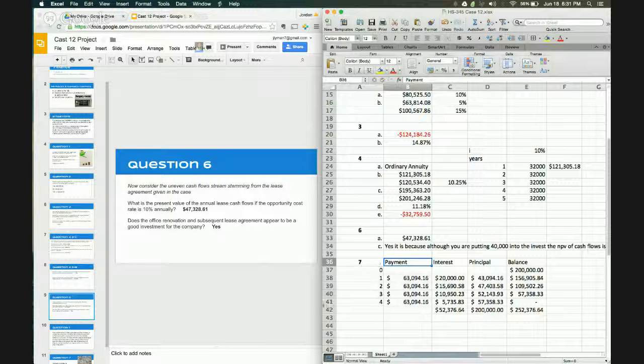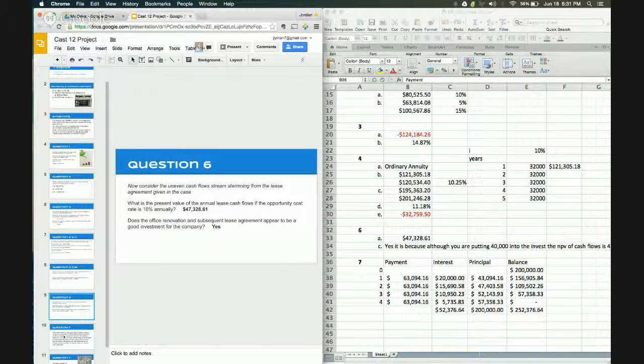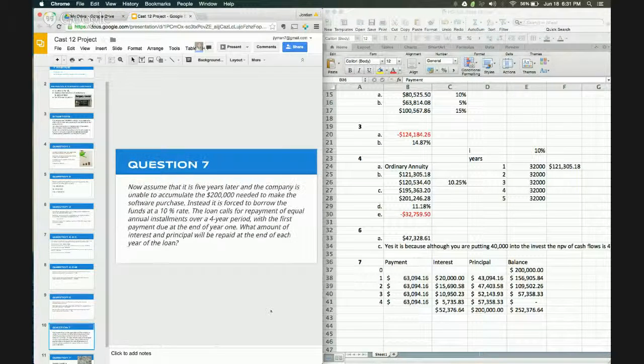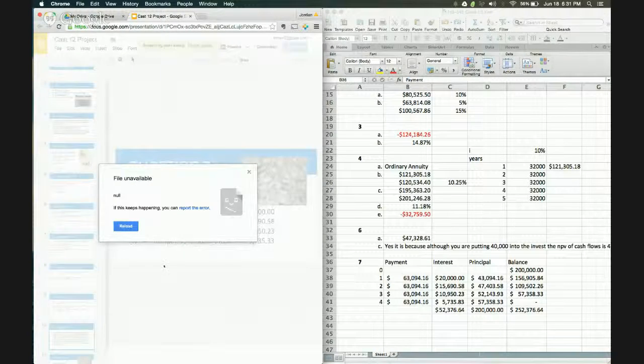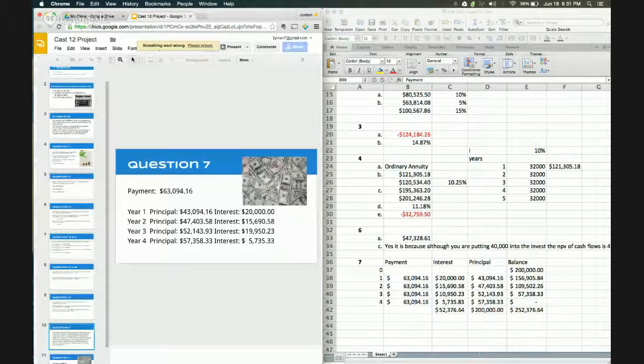Okay, moving on to question 7. It says, now assume that it is 5 years later and the company is unable to accumulate the $200,000 needed to make the software purchase. Instead, it is forced to borrow the funds at a 10% rate. The loan calls for repayment of equal annual installments over a 4-year period with the first payment due at the end of year 1. What amount of interest and principal will be paid at the end of each year of the loan? Okay, so the answer, so you'll get a payment of